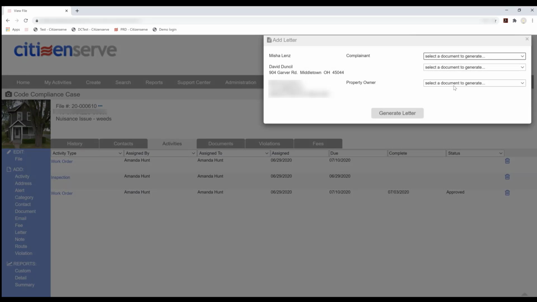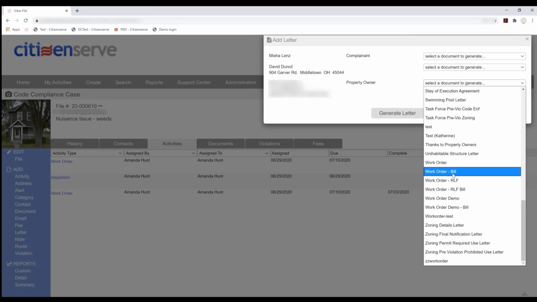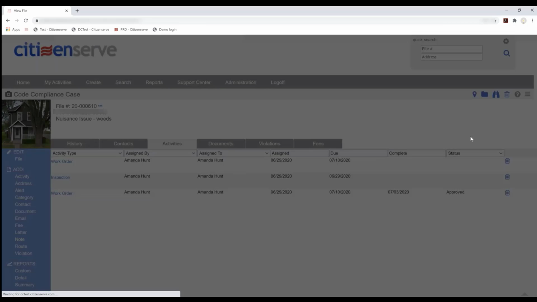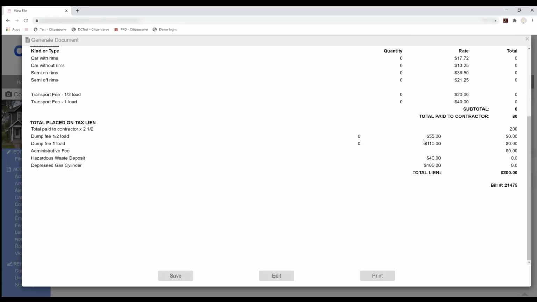We could select the property owner, and we could select that work order bill, and we could select the work order that we just did. Let's generate that. So this is that information. This again is a template that's built, but as you go through this demo today, know that anytime I select this letter generator, we can put in whatever you need to see in the letter here. So this is the bill for this,